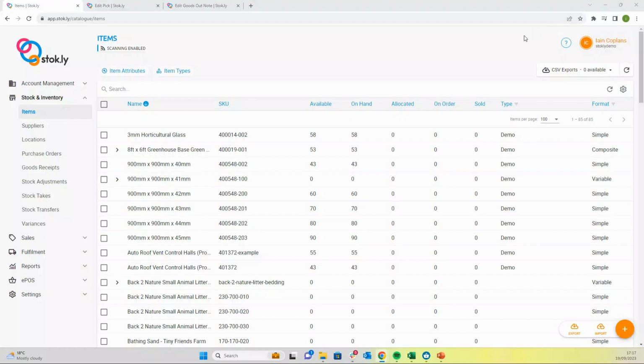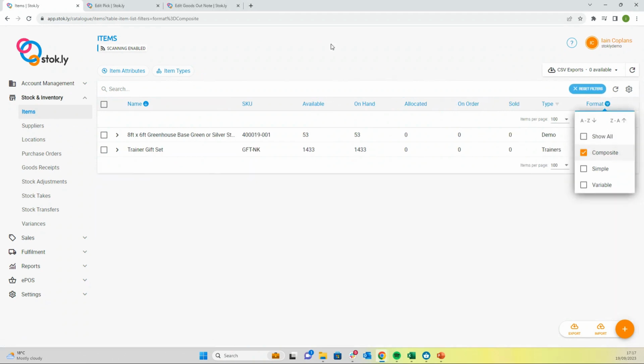In this video, we're going to have a look at composite items in Stok.ly. Stok.ly handles complex composite items. A composite item is also called a bundle. If we have a look at the items table in the back office, we'll filter for the format composite, and